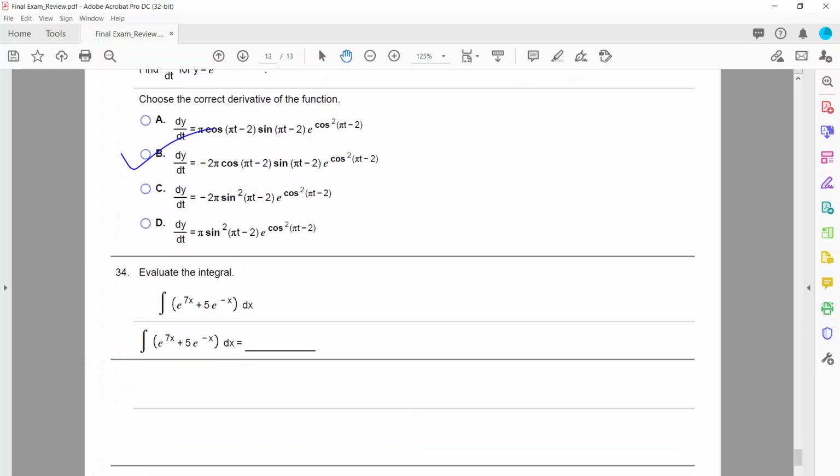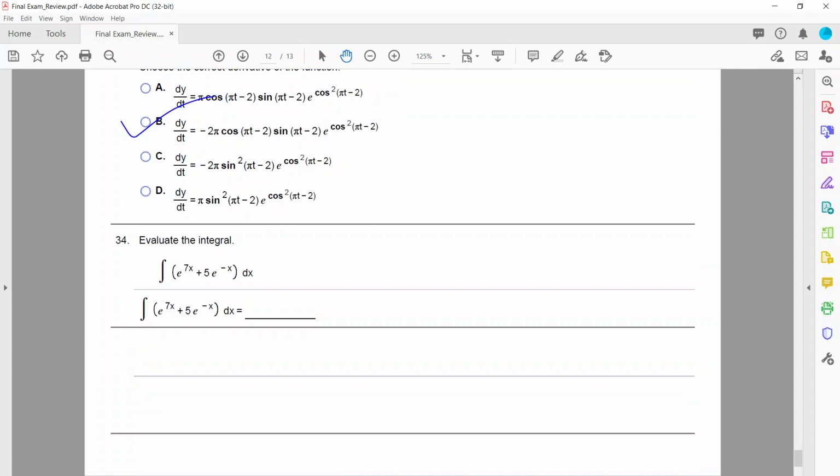Finally, the last problem, evaluate the integration of e to the power, integration of, so what is the integration of e to the power x? You can find the integration of e to the power x is e to the power x itself. So what is the integration of e to the power 7x? You have to think about the function whose derivative is e to the power 7x. So that would be e to the power